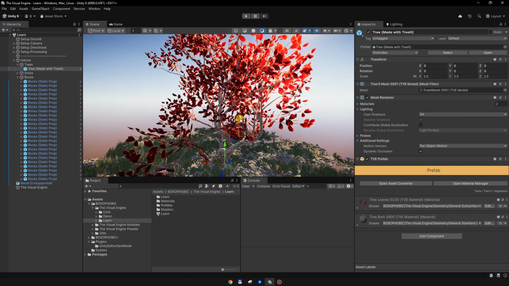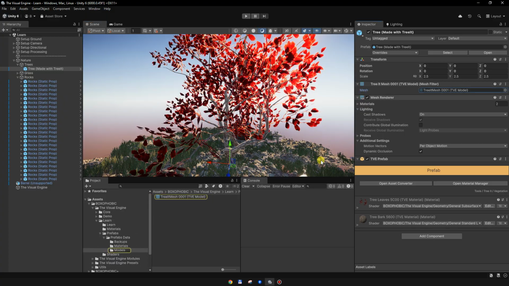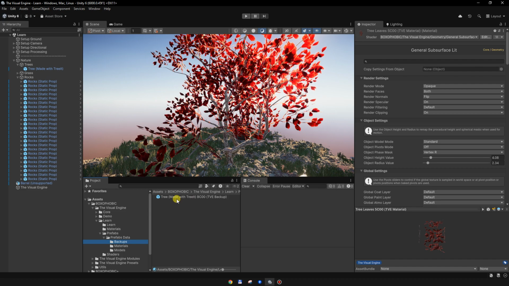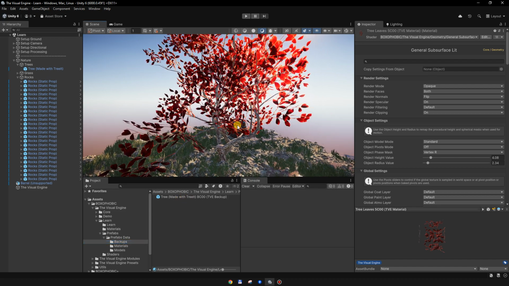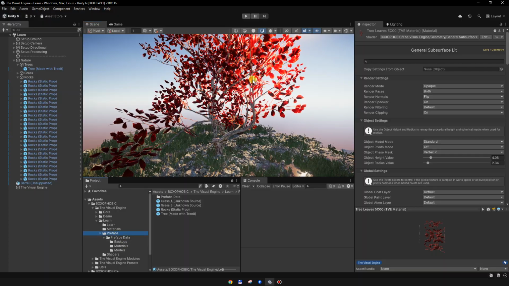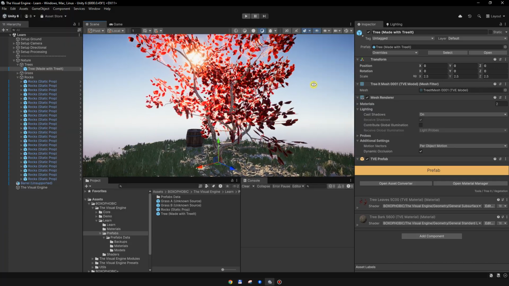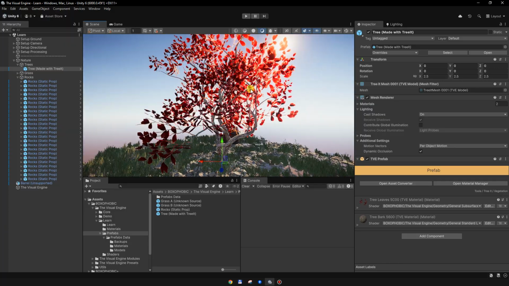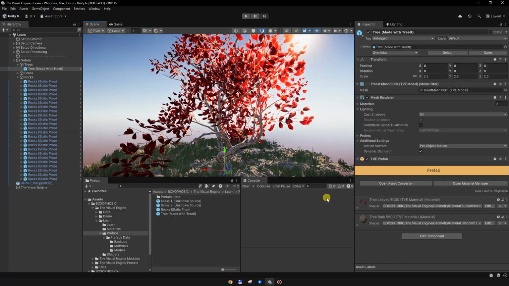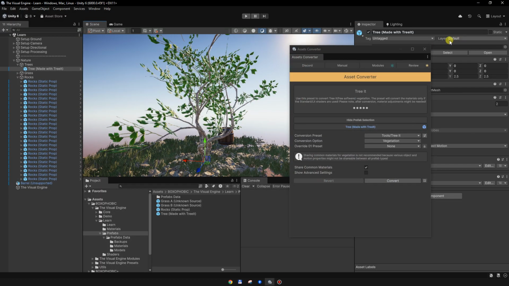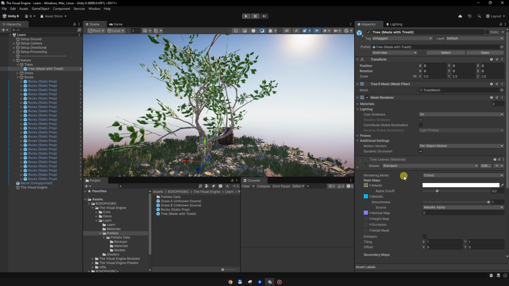Let's look at how the converter works. When you convert an asset, TV will save new meshes, materials, and a backup for the prefab, and it is also packing textures when needed. And if you ever want to go back to the original prefab, this is made to make the workflow non-destructive. So you can always open the asset converter and revert the asset,